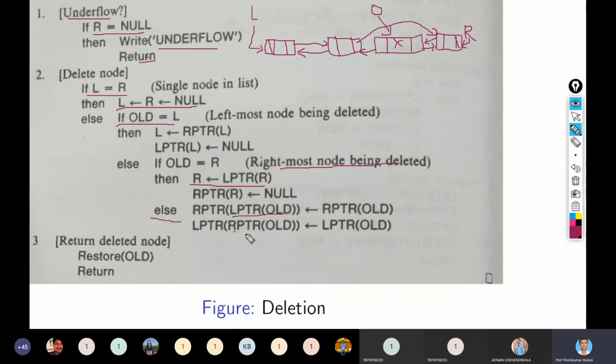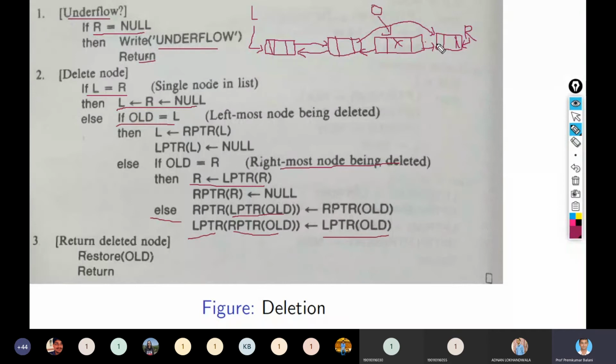Next is the RPTR of old. This RPTR of old means this node, right? And its left pointer. So its left pointer means this. So let me remove this left pointer. And it is equal to the LPTR of old. So LPTR of old is pointing to this.